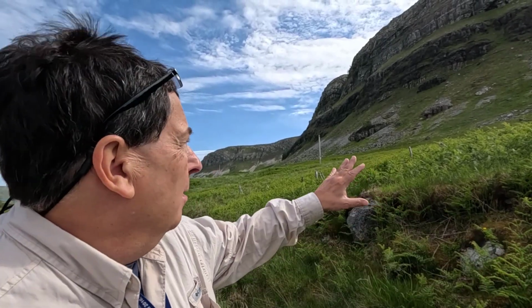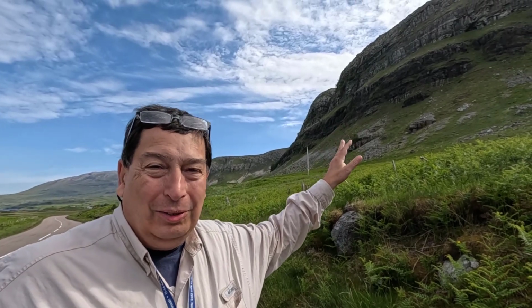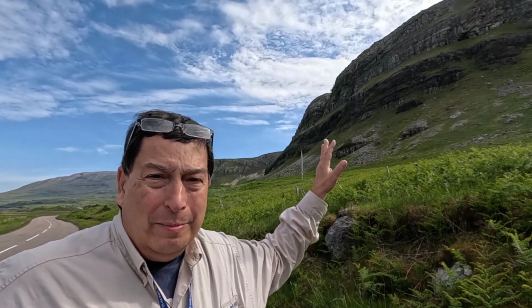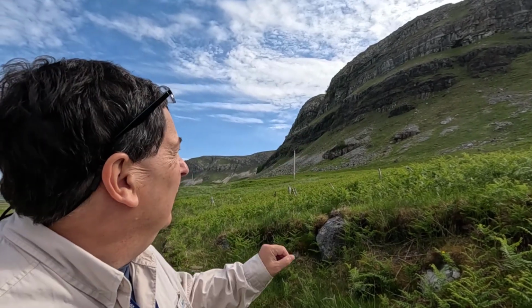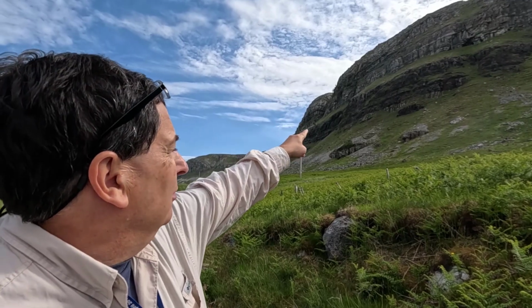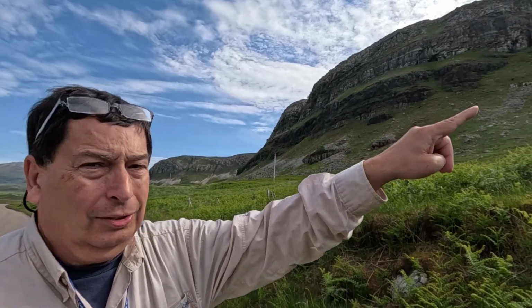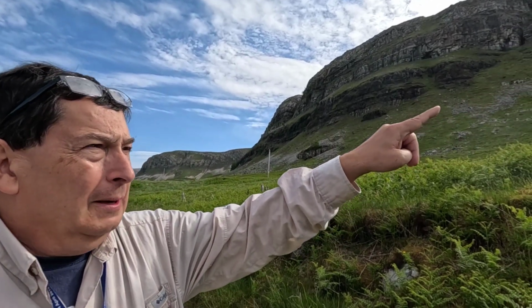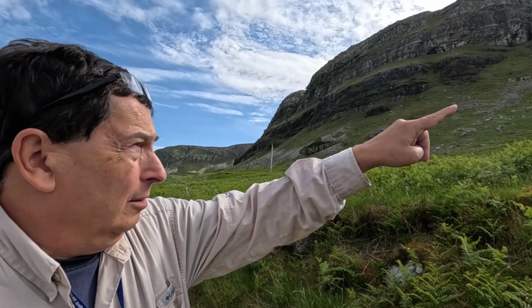All right. So today we're looking at Cambrian, and right here is the pipe rock, which is Skolithos burrows, and up the slope is our old friend, the Cambro-Ordovician carbonates. We love them in North America, the Ellenberger, the Arbuckle, the Knox. Here they're called the Durness, and they're limestones and dolomites. But interestingly, about halfway up, there is a yellowish band. It's a vodgesite sill, which is a sodic enriched intrusion, and you can see it's a layer